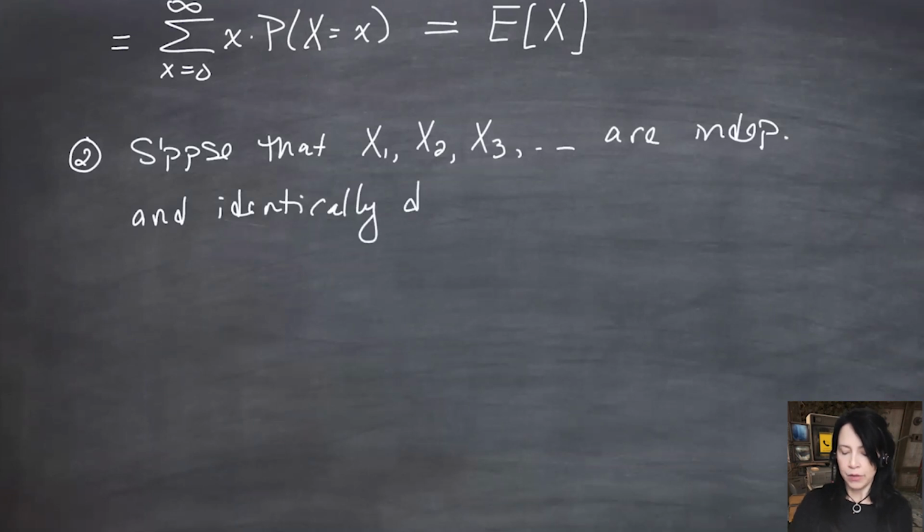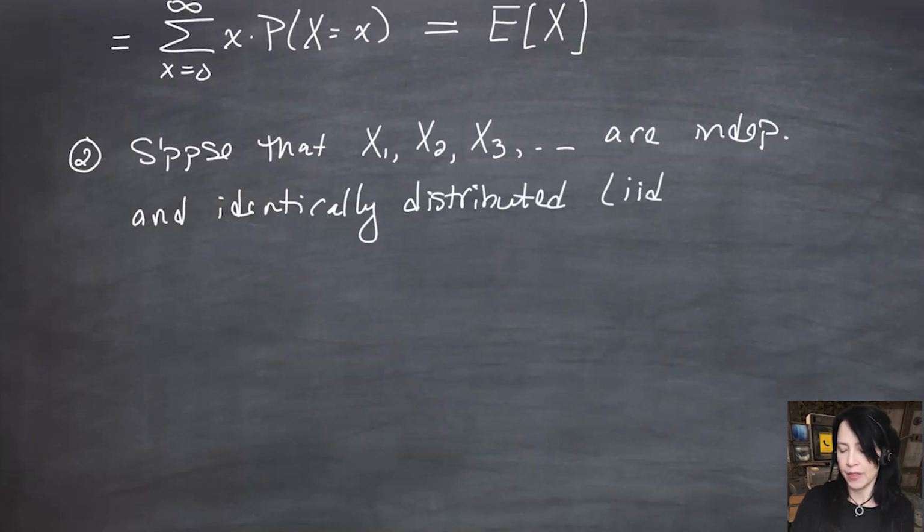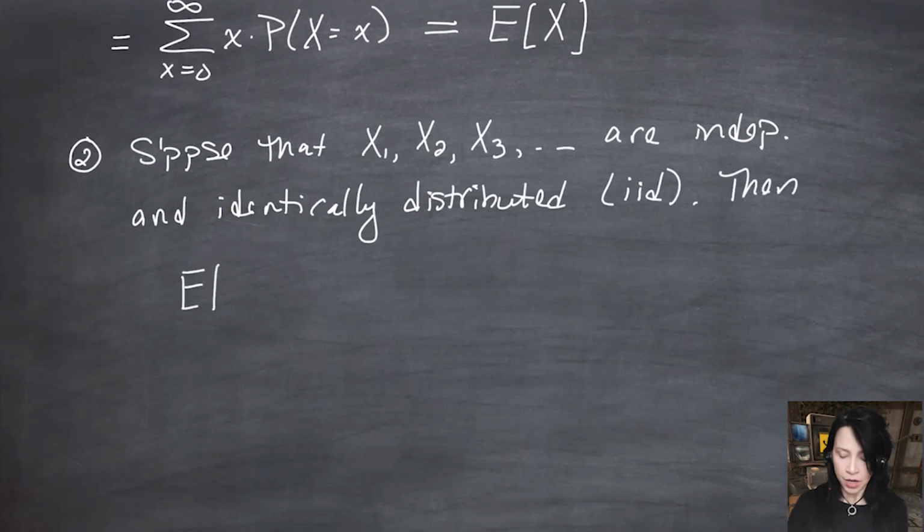So most of you are probably familiar with calling these random variables IID. Then we can write the expected value of the sum as i goes from 1 to n of the xi